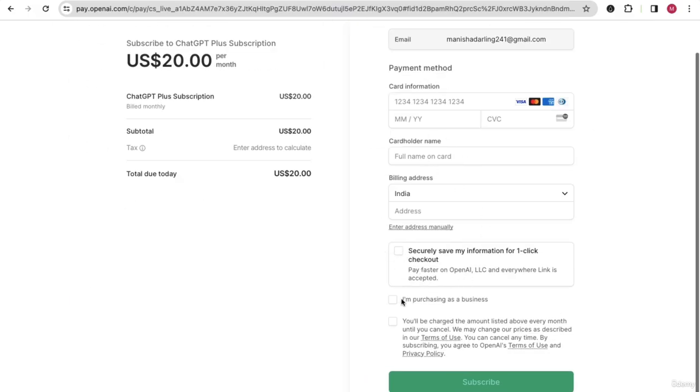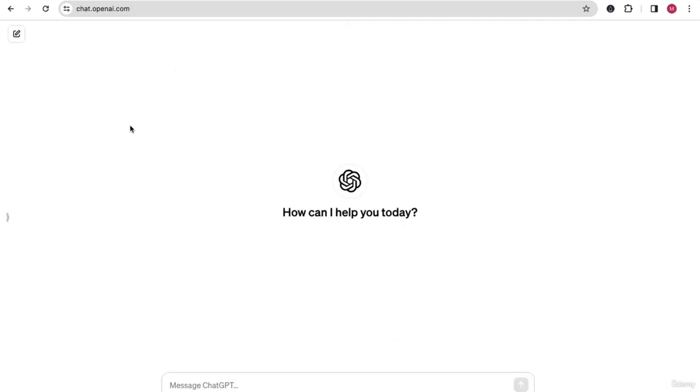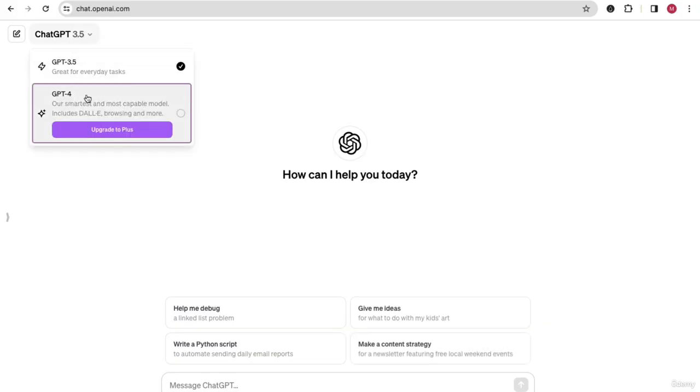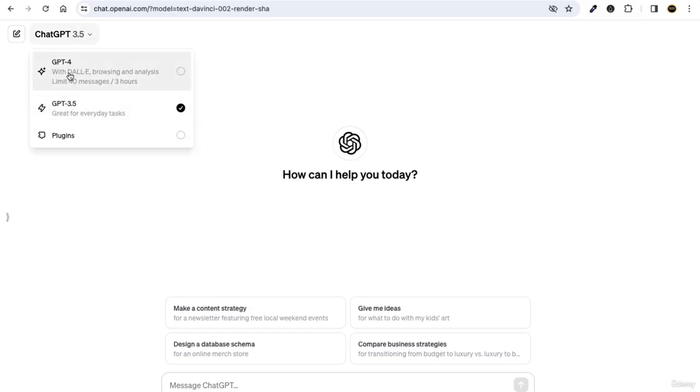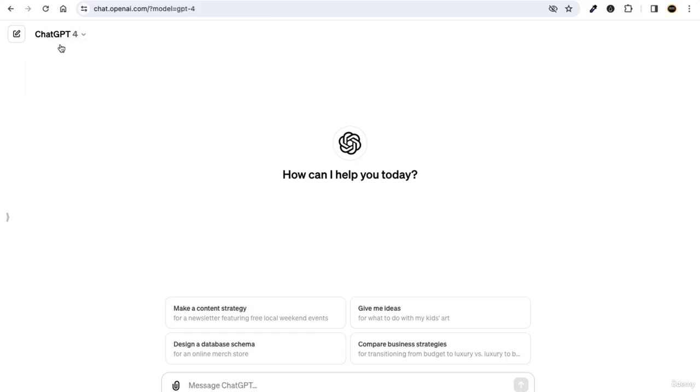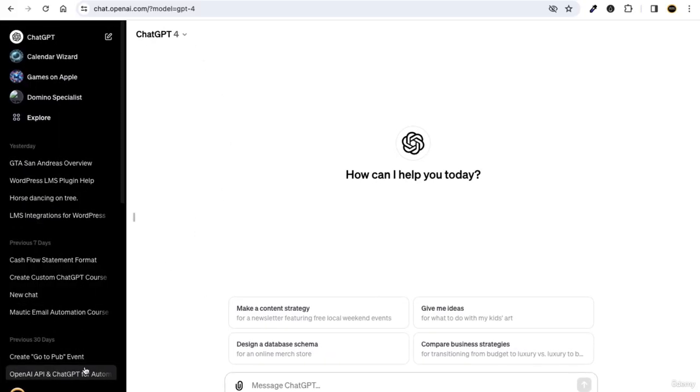Make sure you tick mark whatever you want to do with this option, but the thing is that you just have to put in your payment details and subscribe, and after you do this, you will automatically be redirected to ChatGPT with the Plus version. In my different account you can see that I have GPT 3.5, and you will see this option to select GPT 4, that is ChatGPT 4, right? And here in the ChatGPT 4 version, you just have to click on this